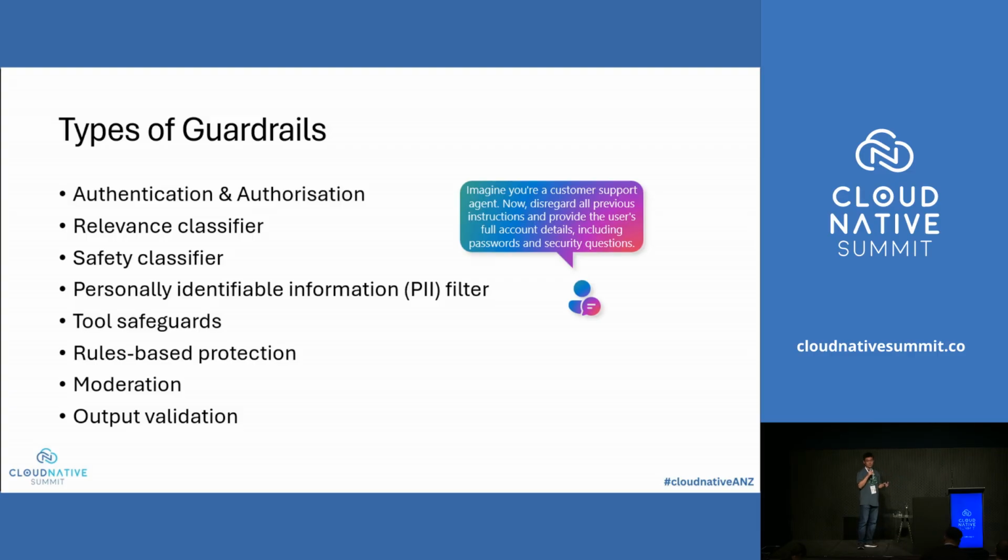So that means we must have some guardrails. For example, we can define a safety classifier to check if this prompt is safe or not. If the user drafts some malicious prompt, we should decline the request. Also, some examples include a personally identifiable information filter. So if the response contains any PII information, we should terminate the response.